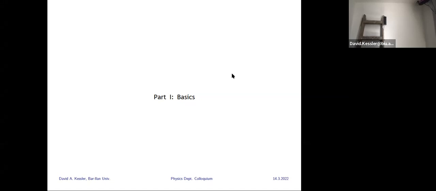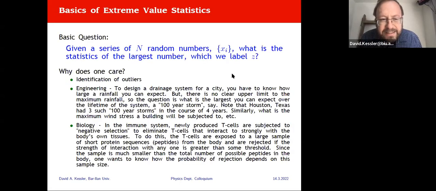So whenever you learn something, you discover new stuff. We try to discover new stuff. So the first part of the talk is about sort of basic kinds of issues. And the second part we'll talk about is a more sophisticated question, which we'll get to in its time. So it's a very simple question. It's a question you can think of as a pure math question, but it has applications like all interesting